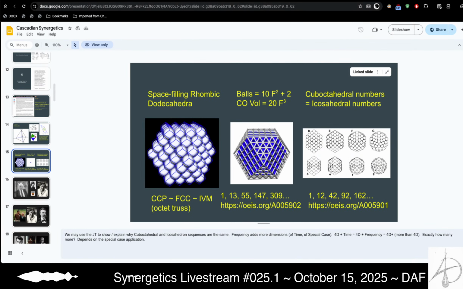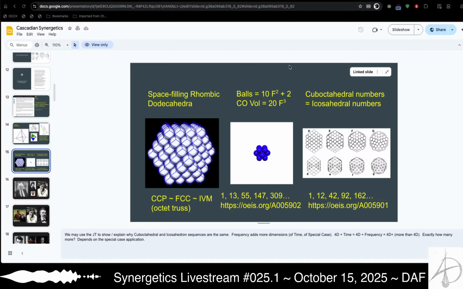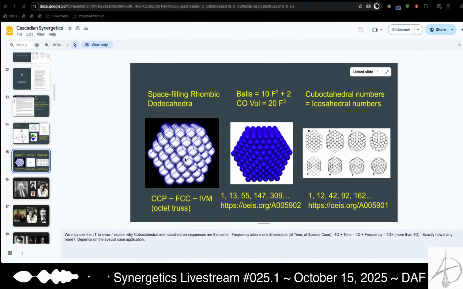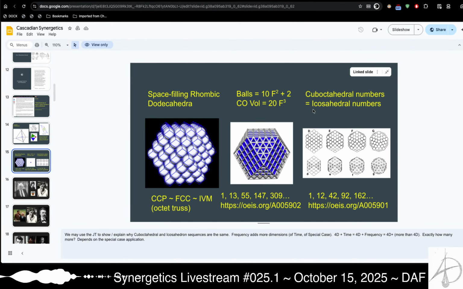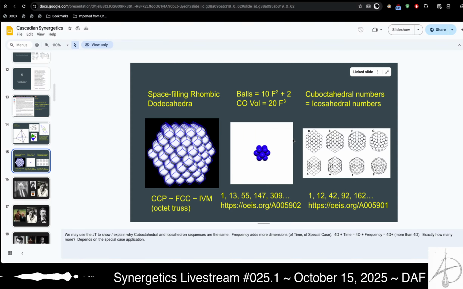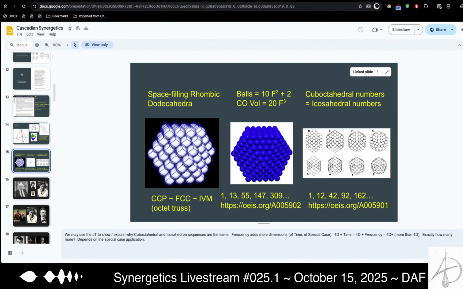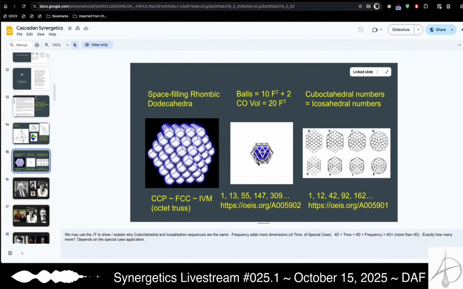And once you're working in that setting of close-packed spheres, you get to work with all of these different space-filling shapes, like the octet truss, like different integer sequences associated with the shells, the nuclear series, growing of different shapes, and they have these really nice, simple, all-integer accounting values.